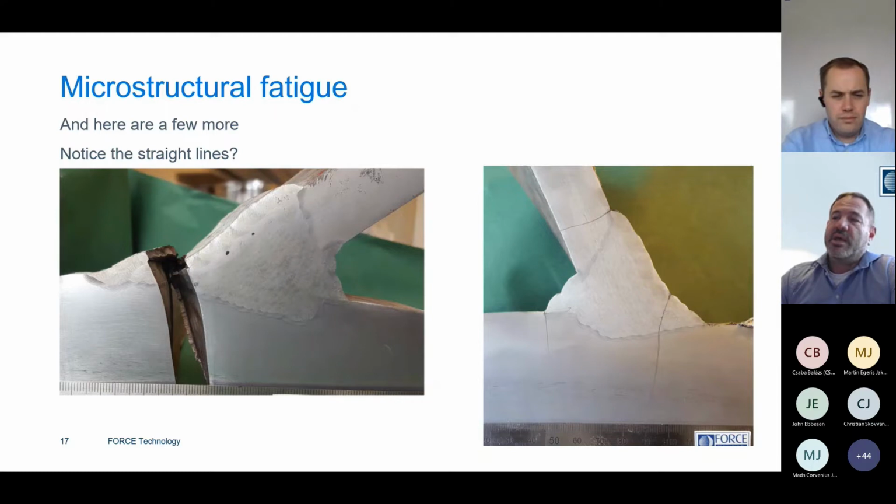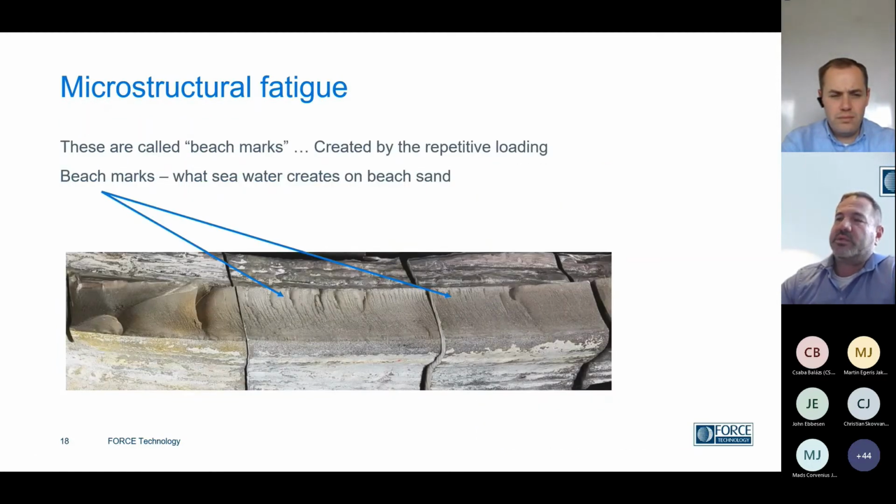And if you've seen a few of these types of metallurgical features before, you'll realize that we can tell a lot by how the crack propagates through the material. So notice the straight lines here. And when I said how the crack propagates through the material,